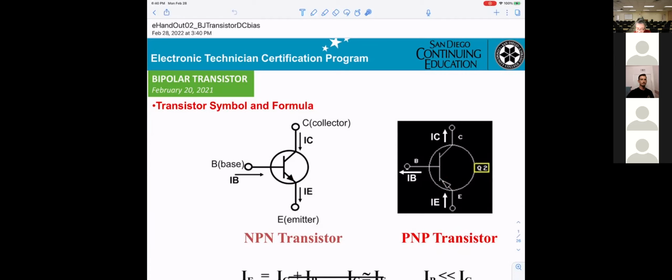And you still get the same base, collector, and emitter. However, the current at the base is leaving, the current at the collector is leaving, and the current at the emitter goes into it. Okay?